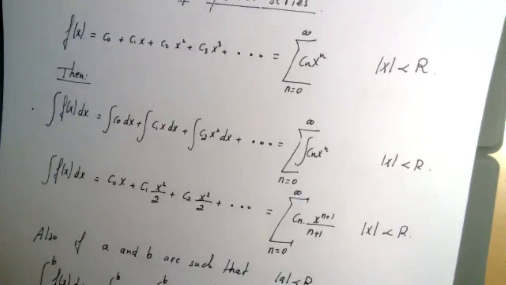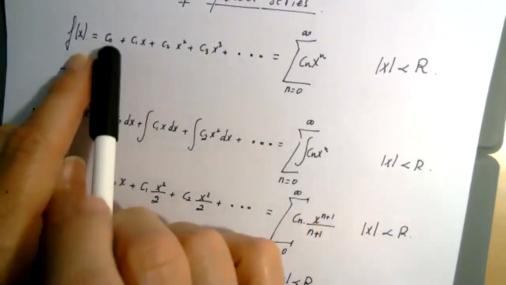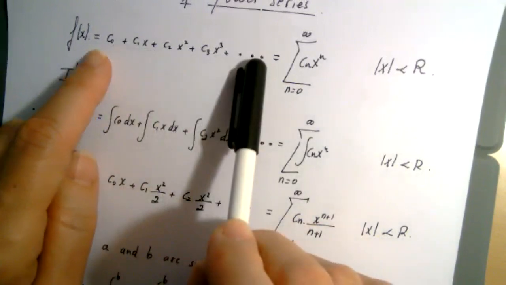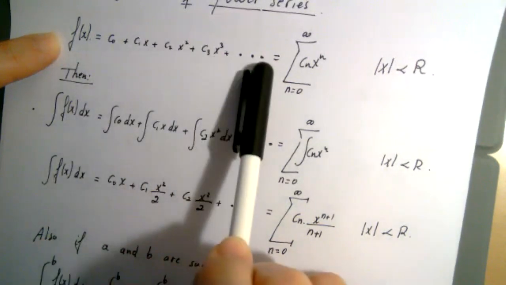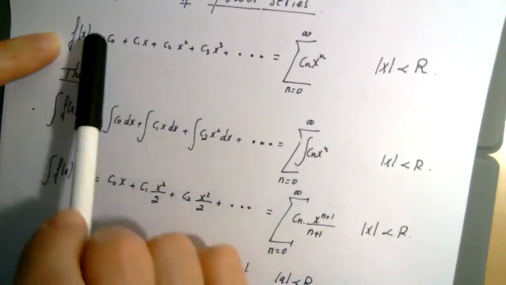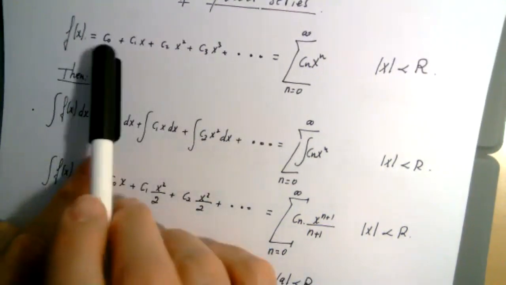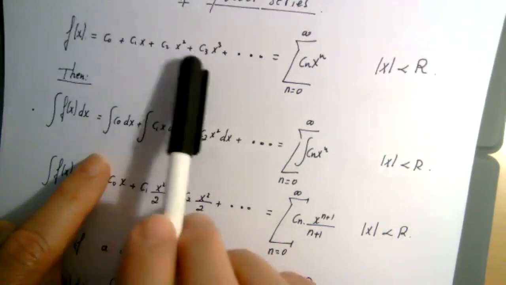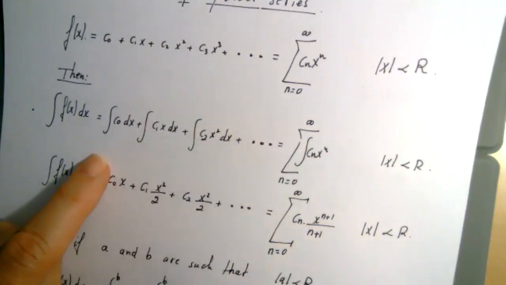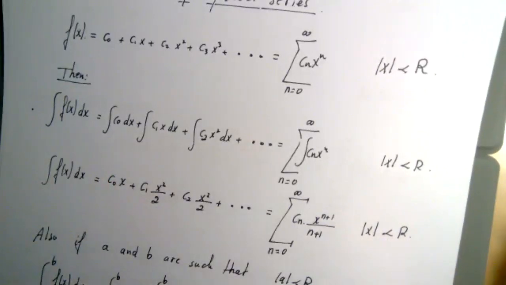And the idea is straightforward. Functions, if you write as a power series, we think of this always as a polynomial. So let's say that the antiderivative of f is basically the antiderivative of this polynomial, quote unquote. But how do we find the antiderivative of the polynomial? So what's the integral of f of x dx? It's the integral of c0 plus the integral of c1x plus the integral of c2 plus the integral of that. So we can do term by term integration, which is sigma integral of every term. Of course, the theory is hard. The theory is not easy,